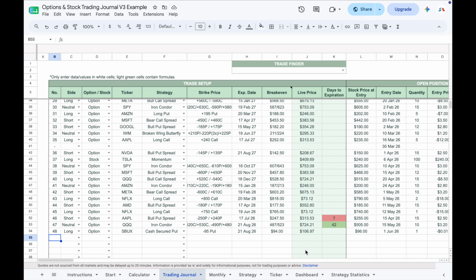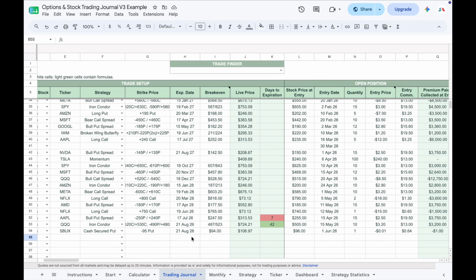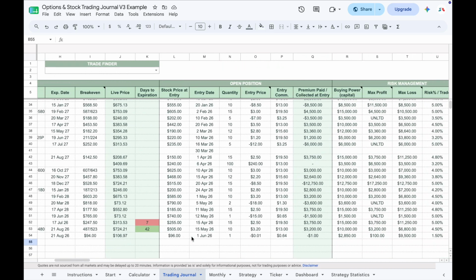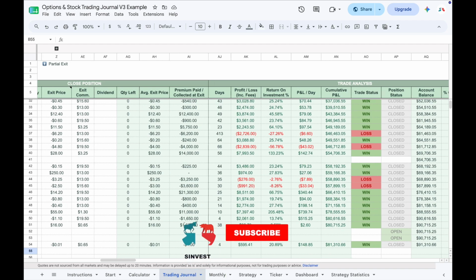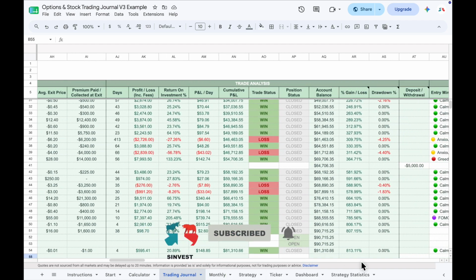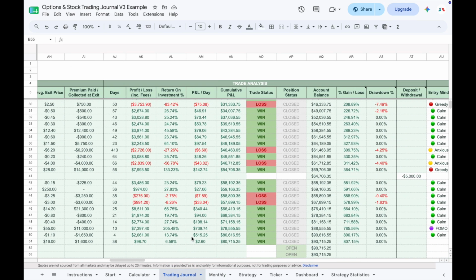Most traders know how to enter a calendar or diagonal spread, but very few know how to trade the total P&L or determine whether the strategy is actually profitable over the long run. In this video, I will show you exactly how I record and analyze calendar spreads using my options and stock